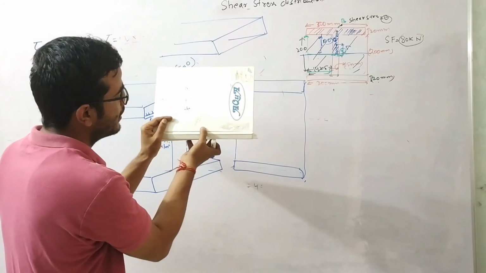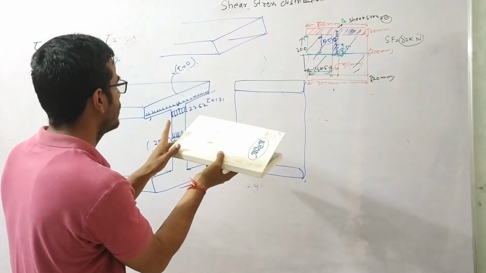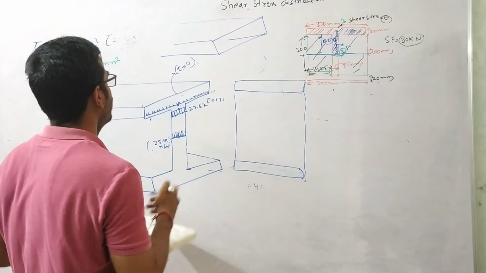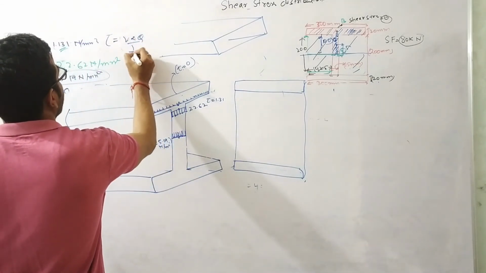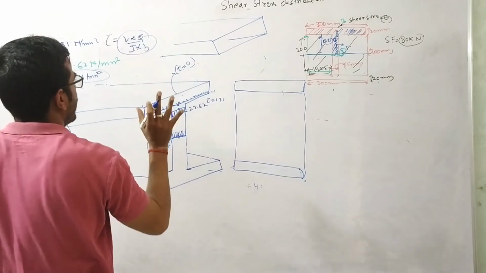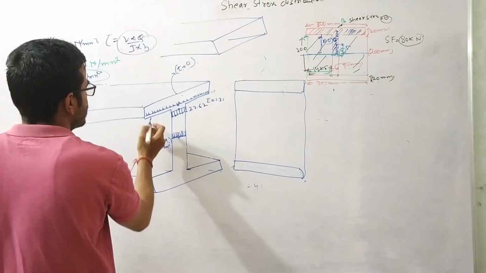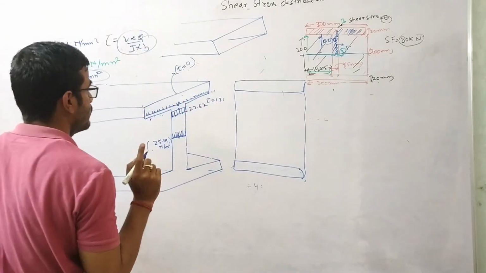Okay, so the complement of the vertical shear stress should also be 0 at this point. But from this formula, we are not getting this value. Tau equals V into Q over I into b. I'm not getting this 0 value. So it is not predicting the exact boundary condition at this point. Okay, so this is the drawback of this formula.